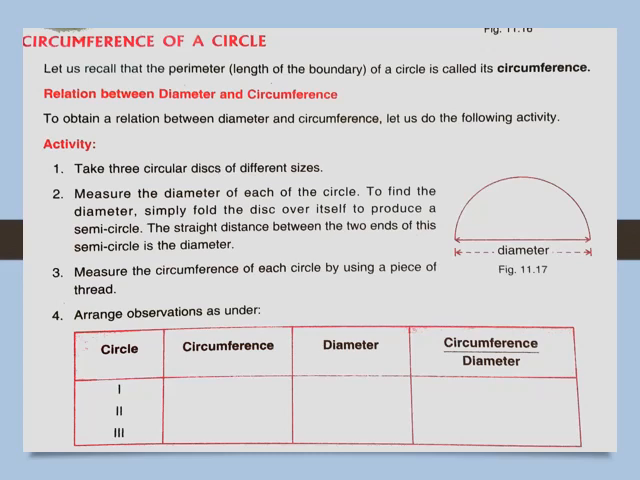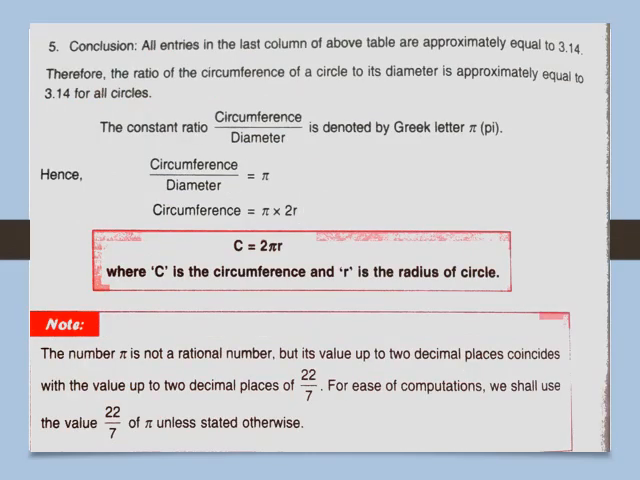Now write it down. As three different circles are there, you will get three different readings. Now if you take the ratio of circumference upon diameter, you will get a constant number. So that constant number is termed as, let's see in the next slide. So all the entries in the last column of the above table are approximately equal to 3.14,